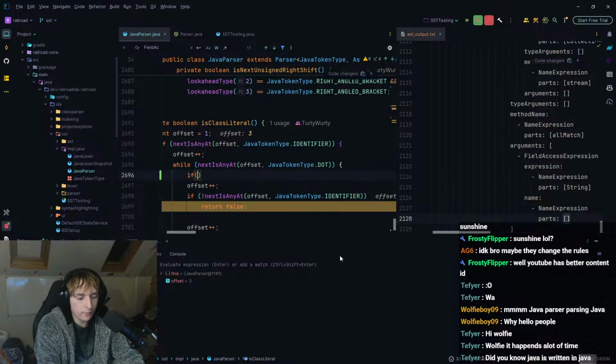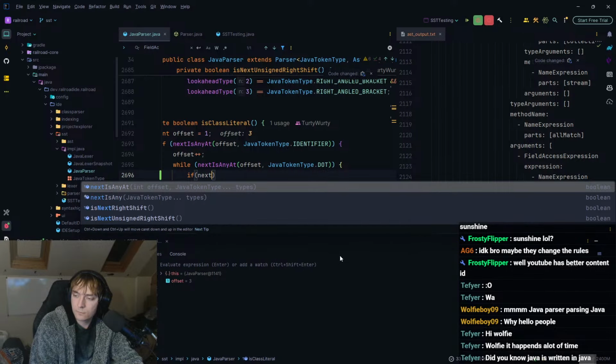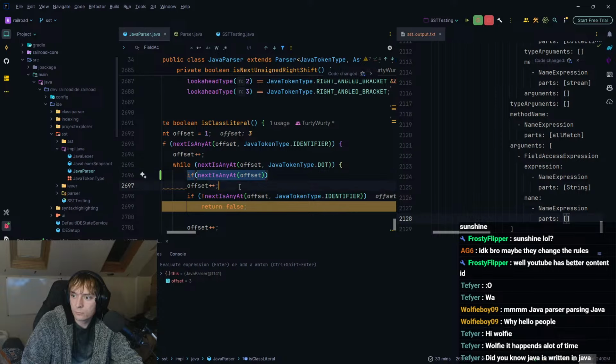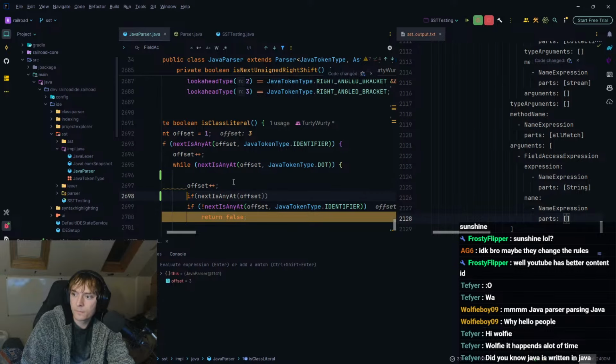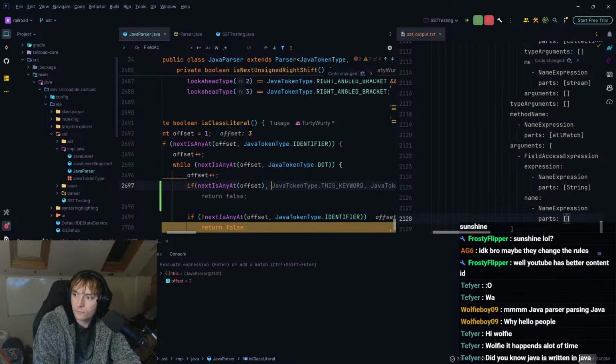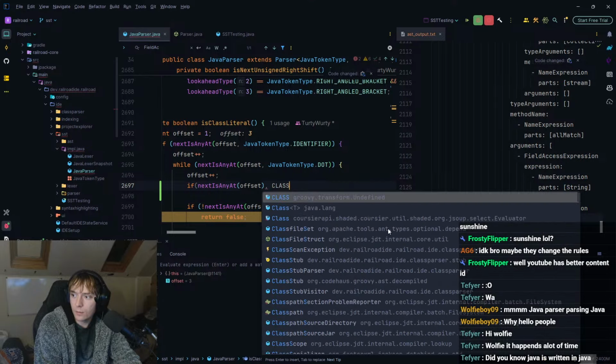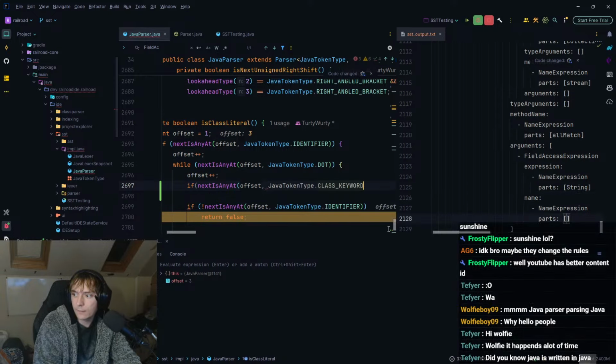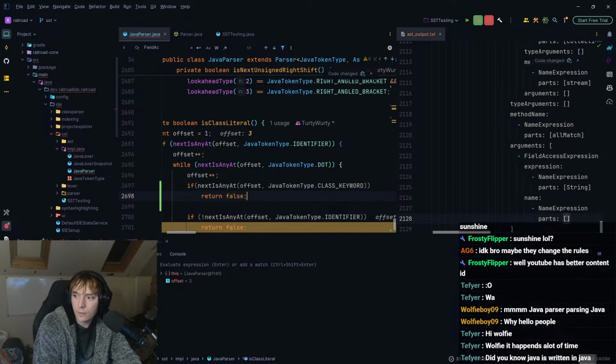I guess I can say if next is any at offset, or we can put this here, and say a class keyword, which is like that, then return true.